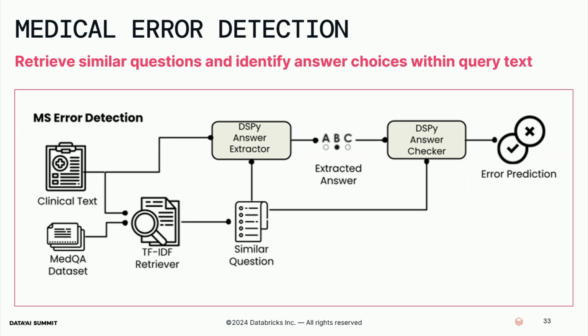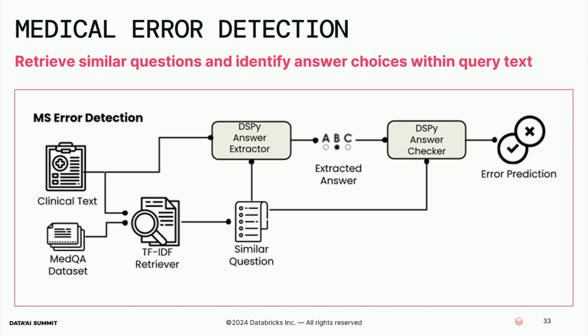Let's walk through how they engineer their DSPy pipeline. First, we must provide high-quality examples. But recall how the MS dataset typically has one word off. Well, the MedQA dataset is an external dataset, a medical question answering dataset that contains multiple choice questions, each with a set of answer options and a correct answer. So what they do is beef up their DSPy system by retrieving multiple choice questions, using TF-IDF to identify similar questions from the MedQA dataset.